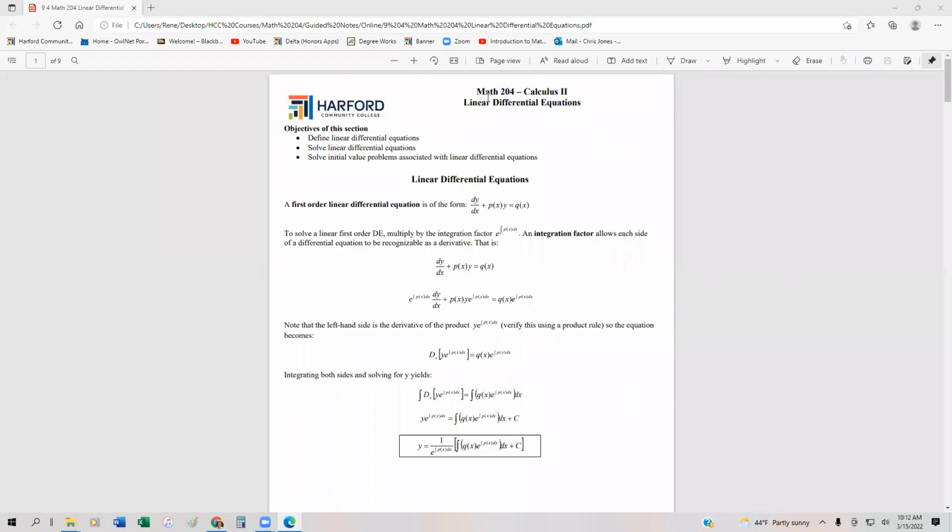In this section, we're going to look at our last type of differential equation, which is going to be a linear differential equation. And so we're going to define what a linear differential equation is, and we're going to find a formula to be able to solve those linear differential equations. And then we're going to be able to actually solve them and then also solve the initial value problems associated